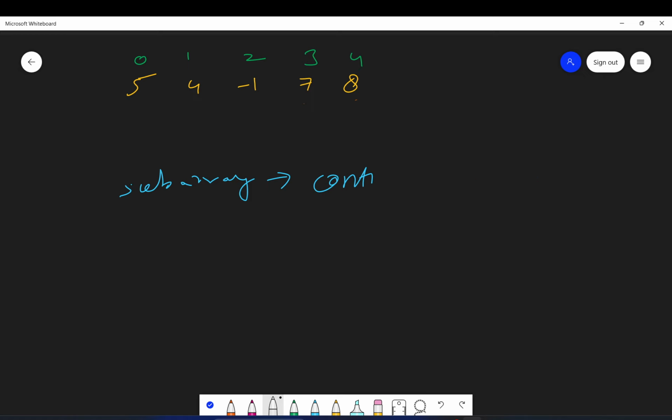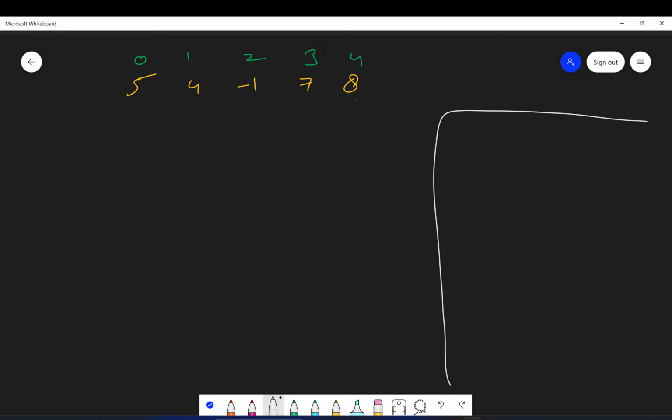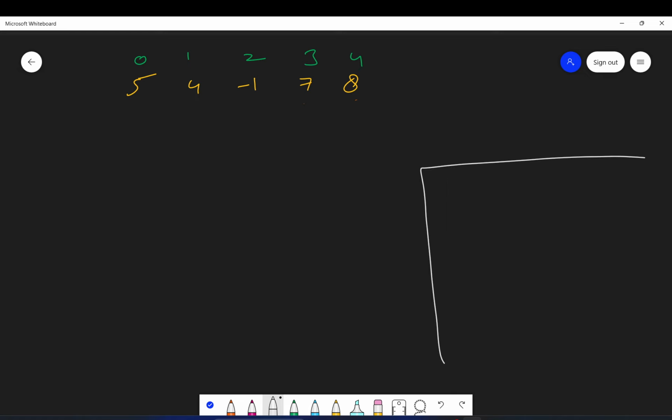Now let's understand how we can approach this problem. Here I'll be writing the algorithm. In this problem we will have a variable sum, which will be storing the sum at each point of time.